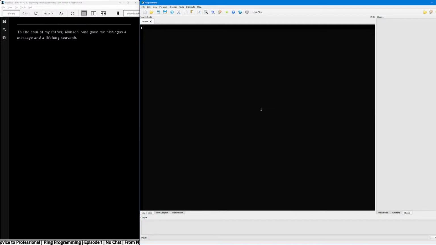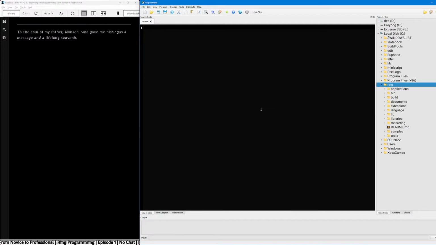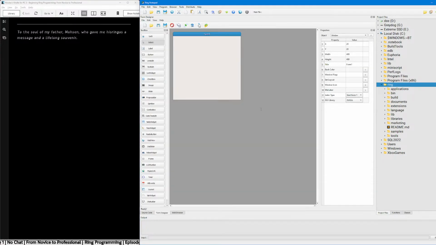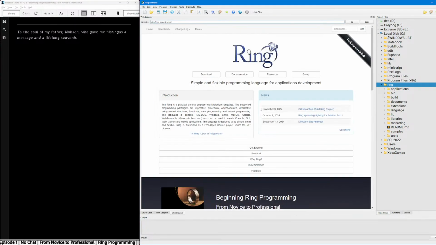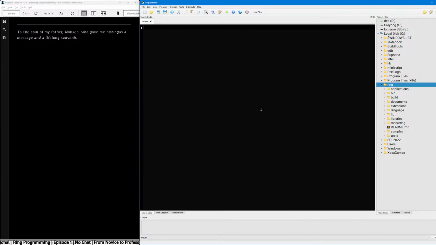Oh yeah, that's what I want. And then in the window, I can do Alt D for designer, Alt W. Oh, it's got an actual browser in there too. Incredible.